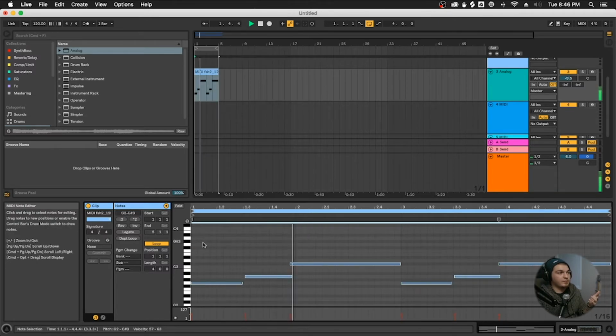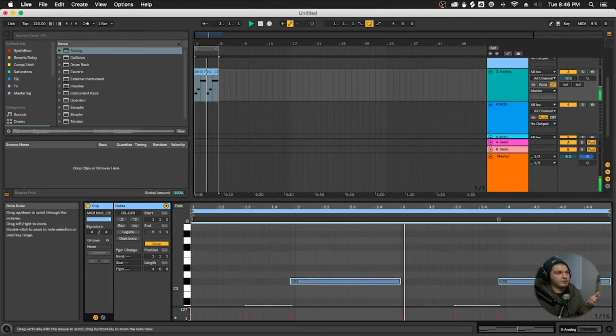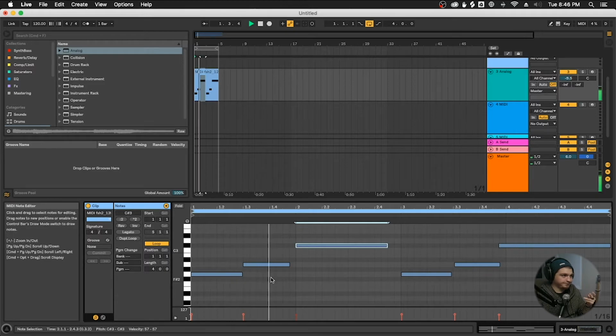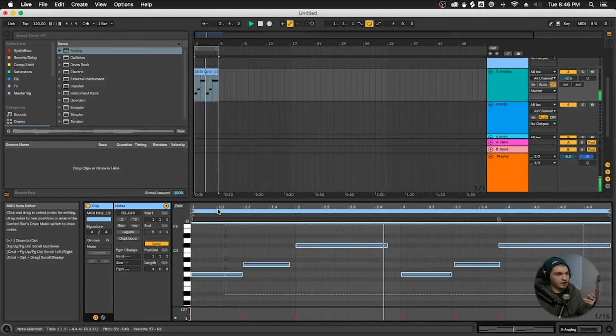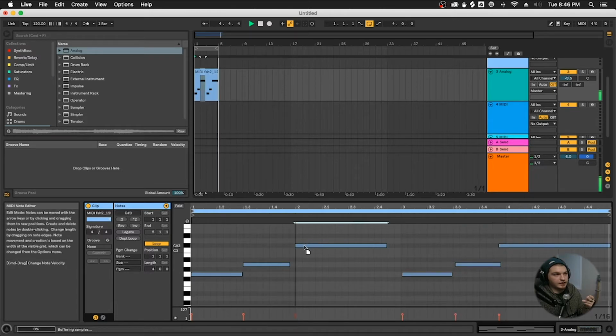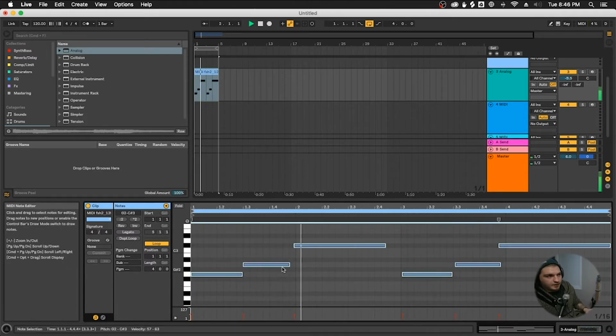So that's the basics of MIDI. You can size and resize. You can move the MIDI notes as you see fit for your production. The other thing that you can do is, if they are a little bit off, let's say like that's a little bit here, and that's over here, and that's over here, if you highlight them and hit Command A or Control A,